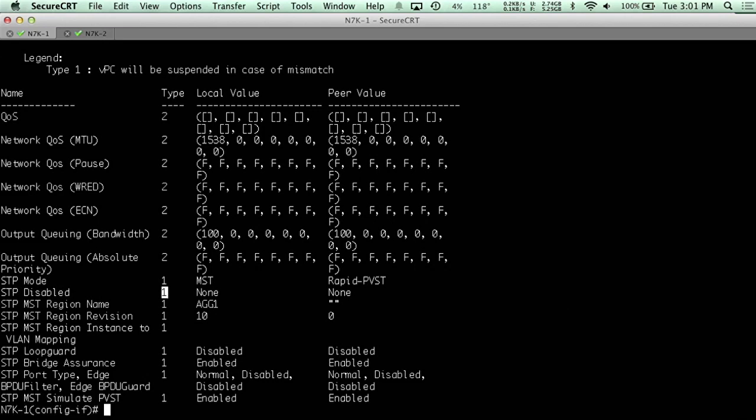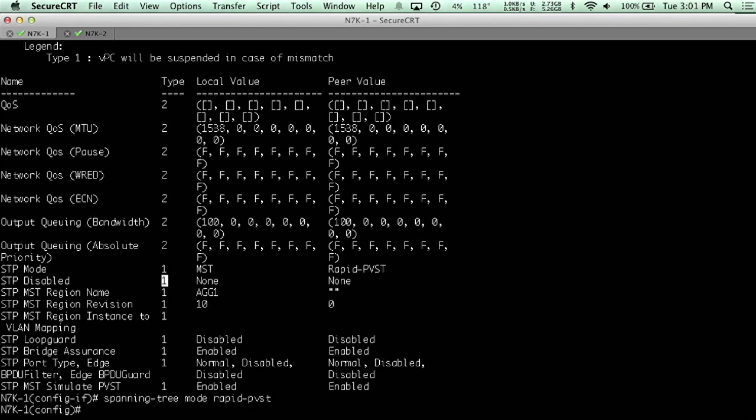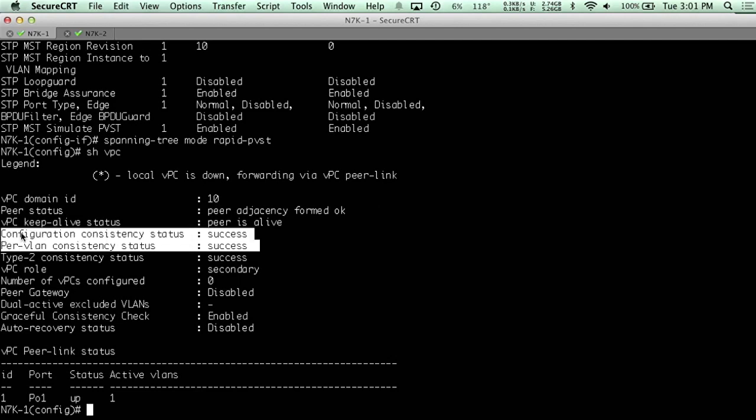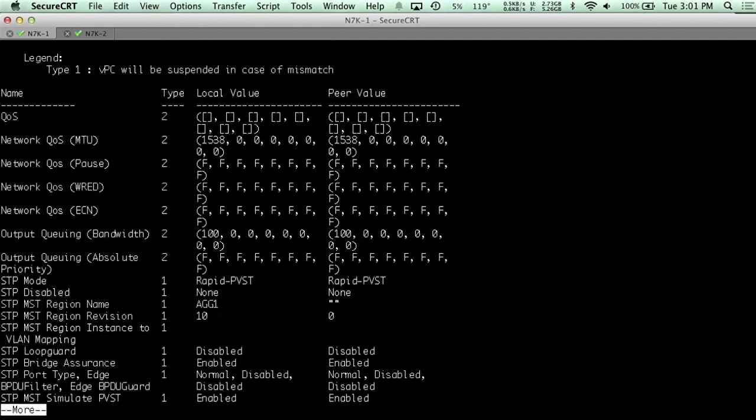I'm going to go ahead and resolve that real quick by setting spanning tree mode rapid-pvst. And then I'm going to issue the command show vpc again. Now you can see that our configuration consistency status has been successful. And if I issue the same consistency parameters command again, you can see that I have both of my modes